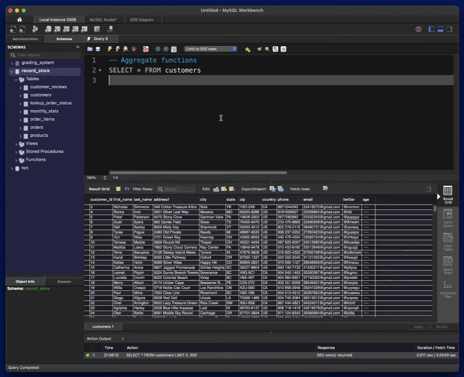If this is the format of how I want to see the data, I can certainly use a query like that. But what if I just want to know the number of records in this table? I don't want to see all of the data. I don't need that. So we can use an aggregate function here,